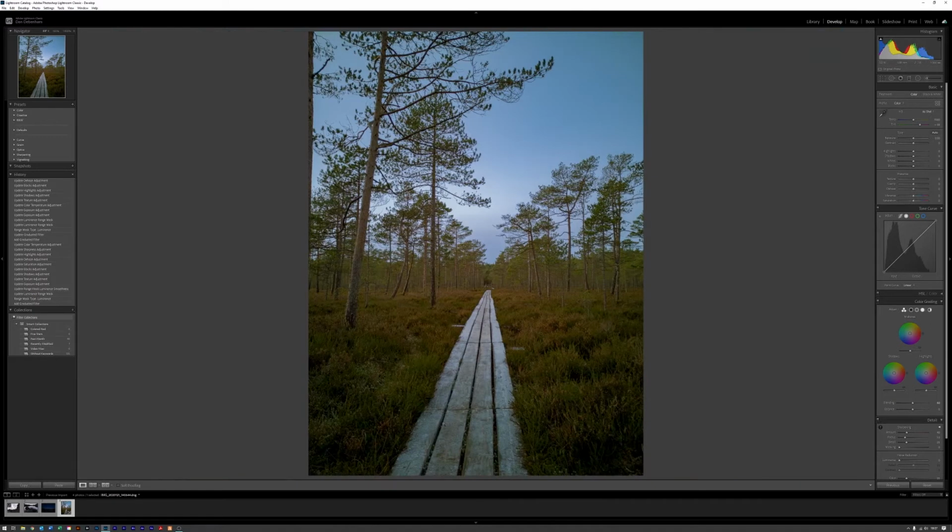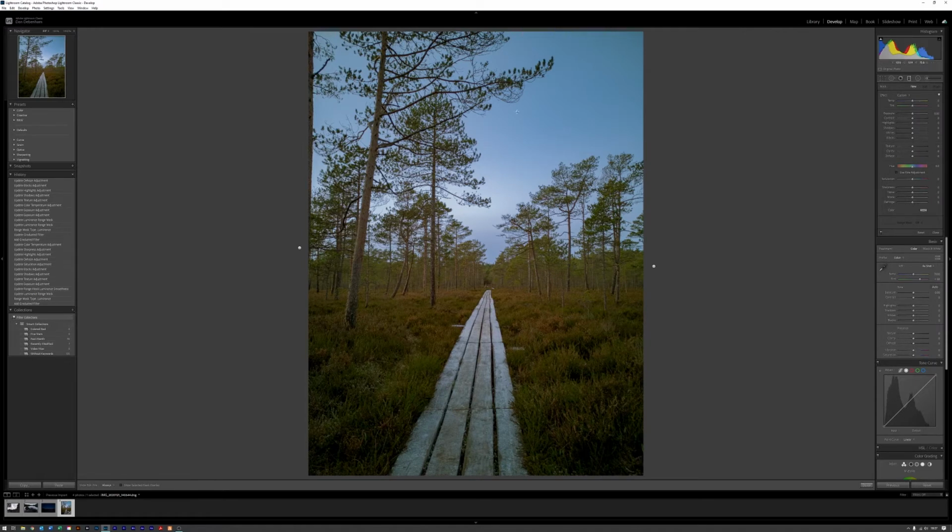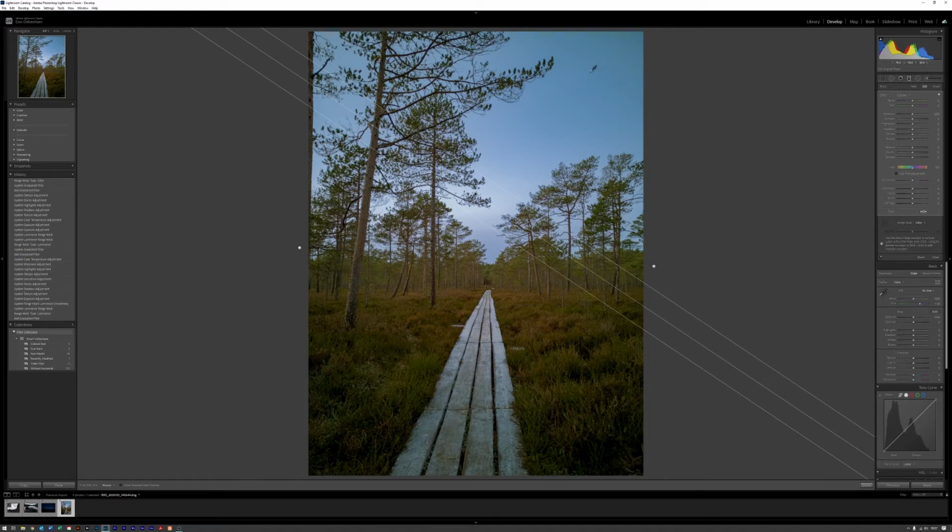So there's another way this works as well. We can add a third one in if we want to, and we know we don't need it to go all the way across. So we can just move this down here like this, and it's going to affect everything that goes above it. Then we can come down to the range mask again, go to colour, click the colour picker, and we can either click once or click and drag to drag a square. I'm going to click and drag because I want to select an area of colour rather than just the single point colour. And then I can pull this in and make that sky even bluer if we want to, or we can go for a warmer sky, and you can see it's affecting everything above this line here.